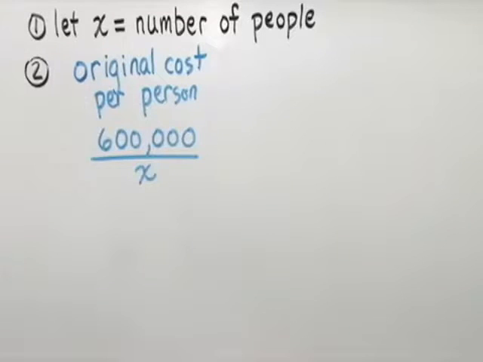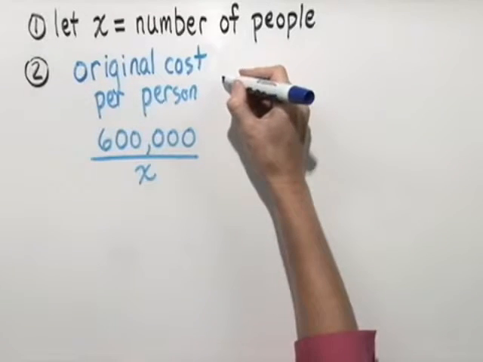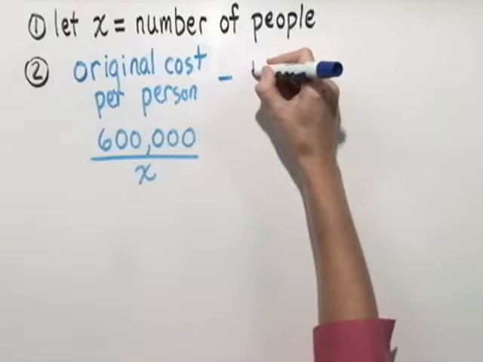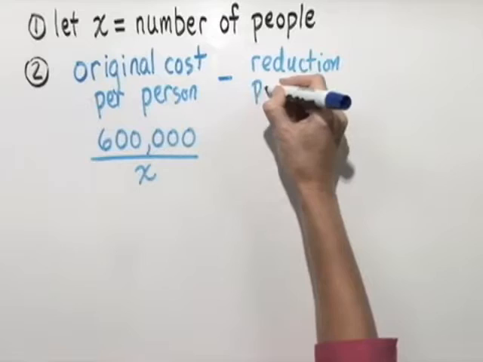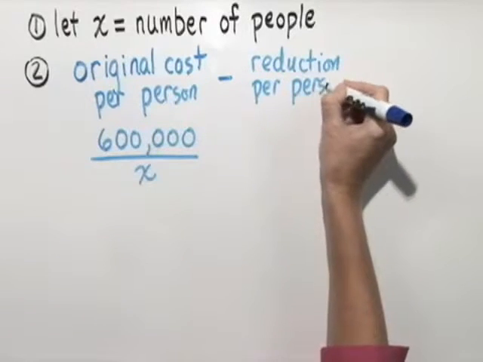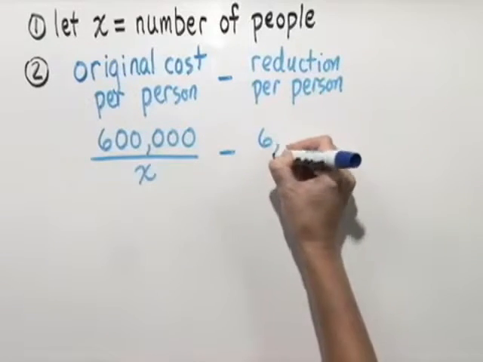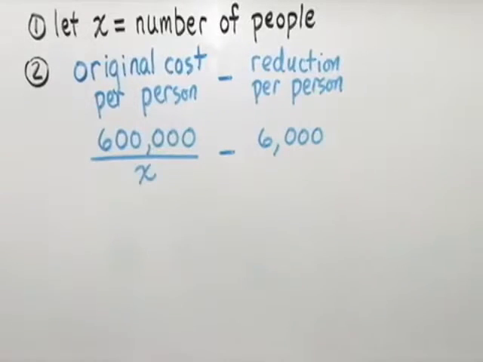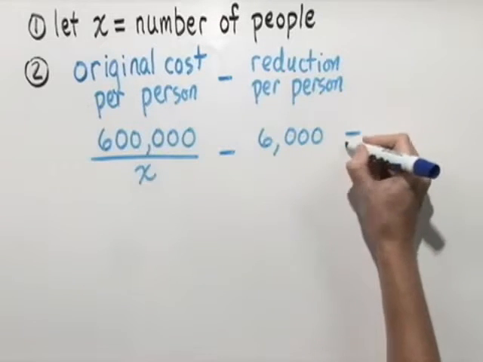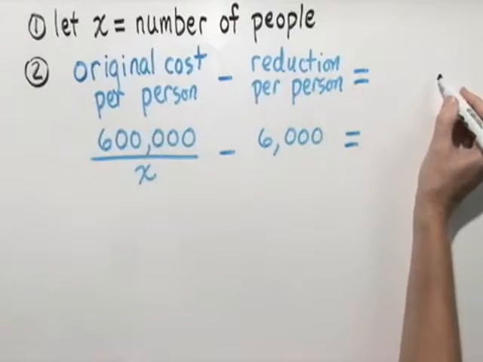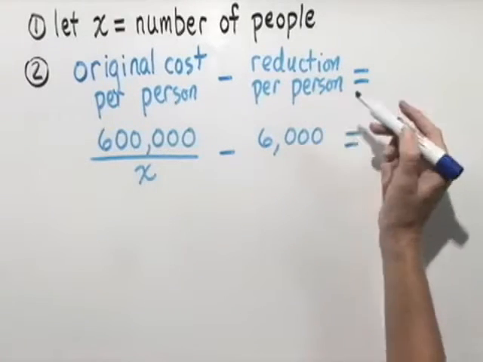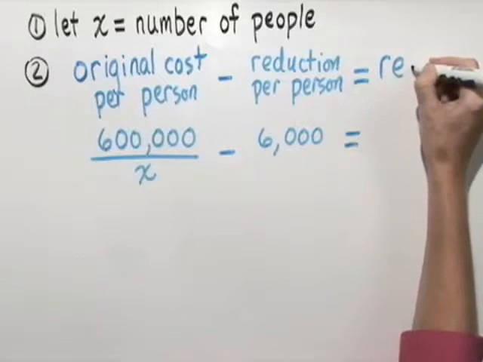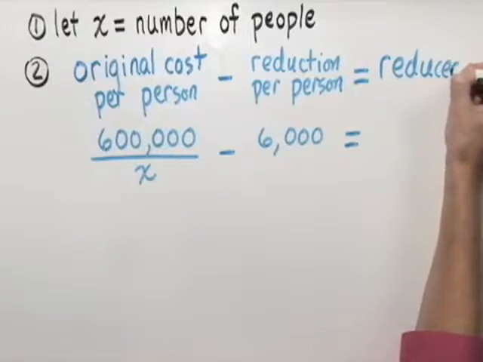We also know that there's going to be a reduction per person. So we can subtract the reduction that we have per person, and we're told that that reduction will be $6,000 per person if 5 more people join. So what is going to be on the right-hand side is the actual reduced cost. We have the original cost minus the reduction per person, and that will be the reduced cost